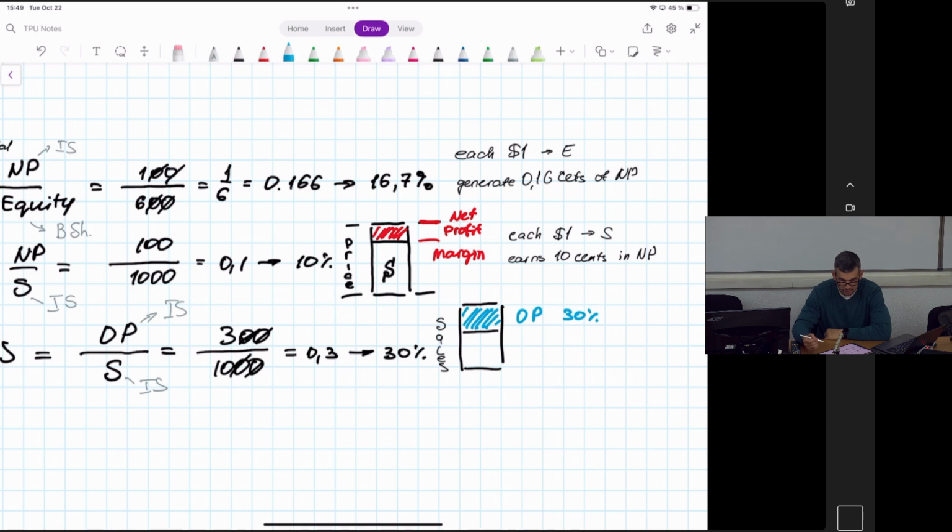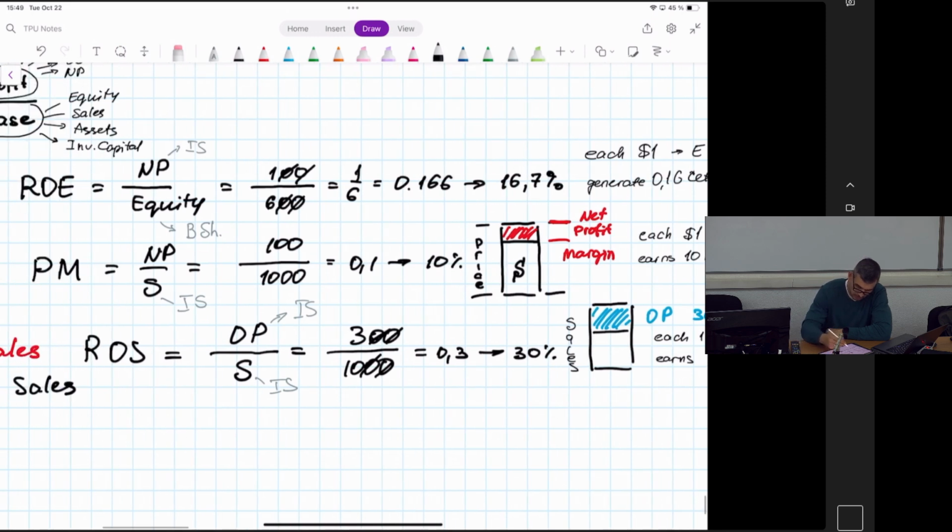Again, each dollar in sales earns 30 cents in operating profit, or EBIT. EBIT. Yeah, that's, by the way,